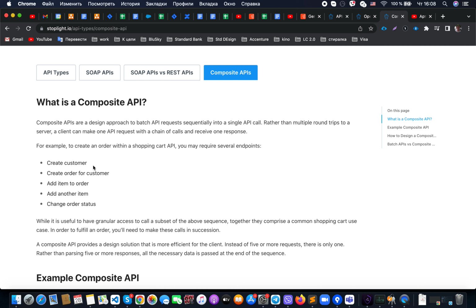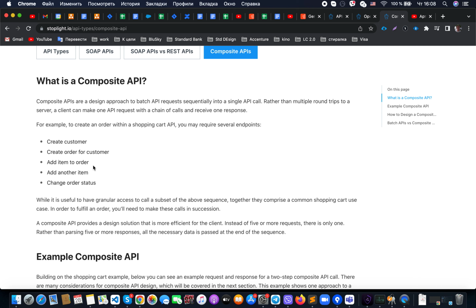Because for each API call, we need to prepare it, we need to send it, we need to spend our platform limits based on the platforms that we use. And also, what else? We need to parse responses, make sure that everything is okay, and continue to work with that. So in general, how it looks is a subset of API requests.